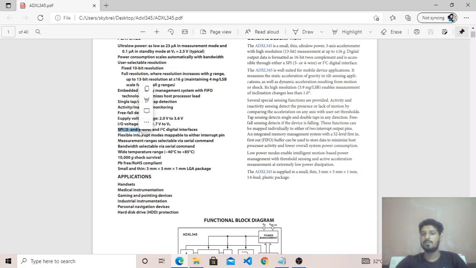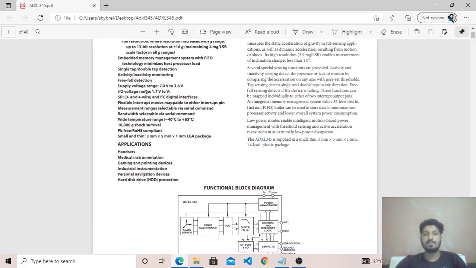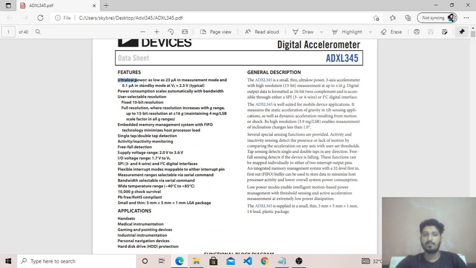But if we use the I2C communication protocol, then we have to use only 2 pins, SDA and SCL. I2C communication is sometimes called 2-wire communication. It is very flexible, and there are many more things you can read from here.